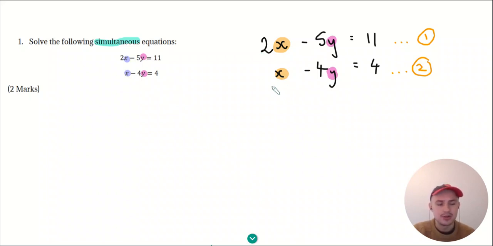The goal in the first instance is to make those x values match, right? I don't want a 2x and an x. I want a 2x and a 2x, or an x and an x, or a 9x and a 9x, or even a 3x and a negative 3x. Okay? Again, we'll come on to how that works in later questions. But for now, the basic idea is, rather than having this x, I want to have it be 2x. So what I'll do is I'll multiply the whole of equation 2 by 2, which gives us,